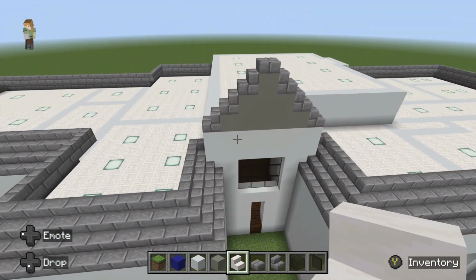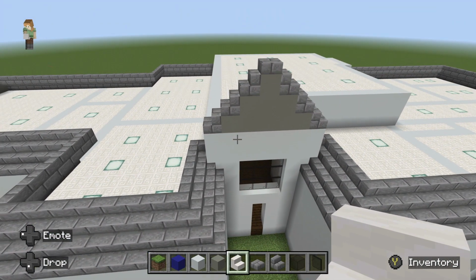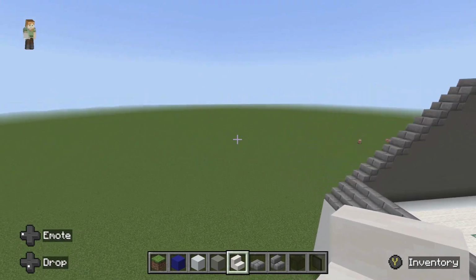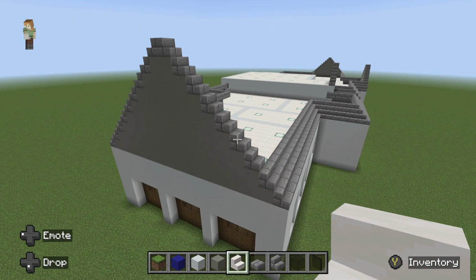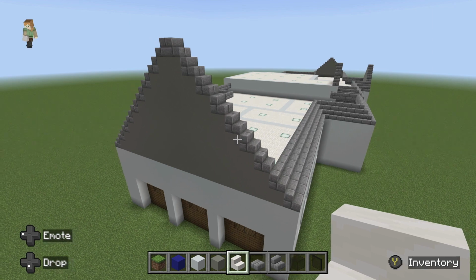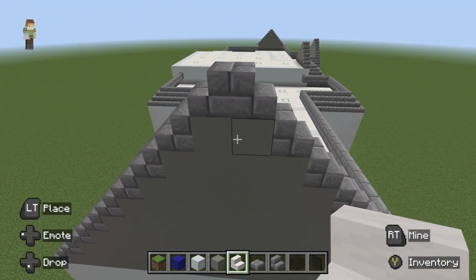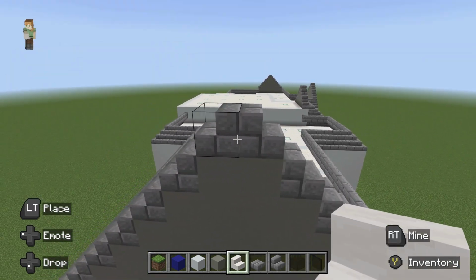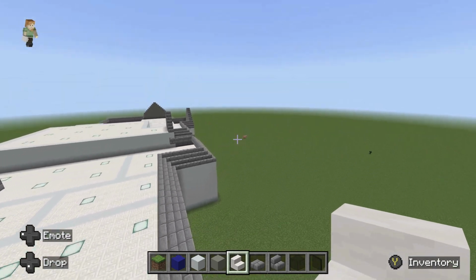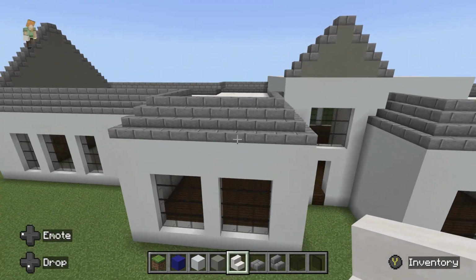You're going to do exactly the same thing over the entryway. And you're going to do it on this side of the garage as well. However, this doesn't have one single block right here, so you can just continue up with the stairs. But the next step that you're going to want to take,